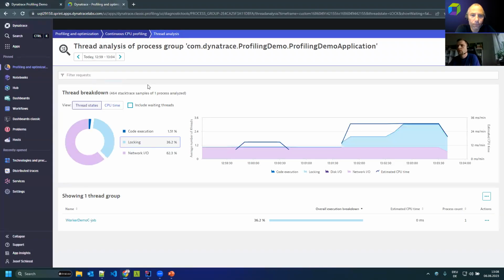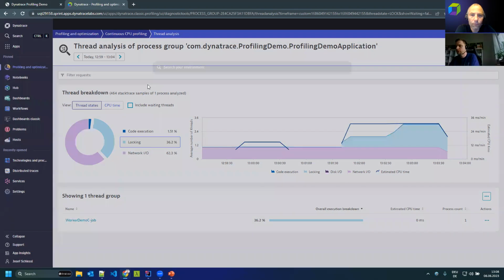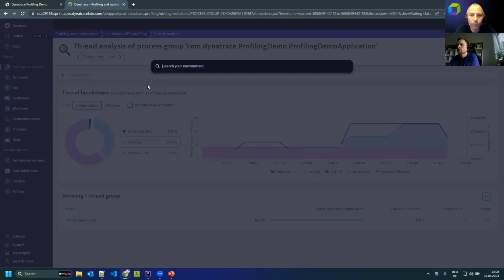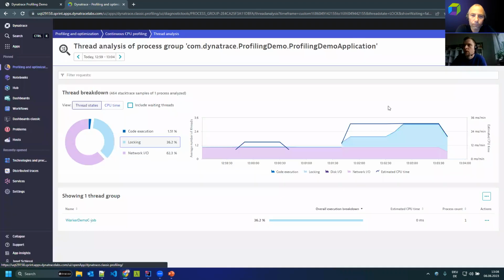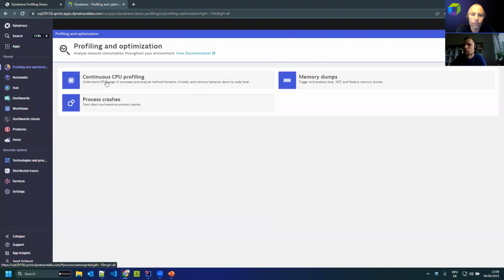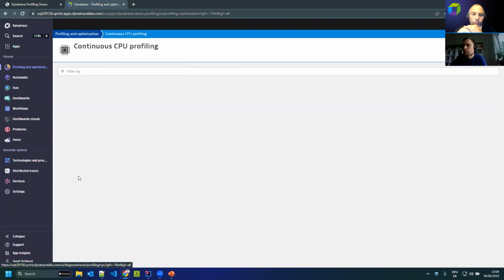Yeah, so as you know, we released a new app shell, so things are easy to look into there. Just searching for the profiling and optimization app, or as you may be used to, it's also on the sidebar. You can see the profiling and optimization app. You basically get to this page, but your main entry point currently is the CPU profiler, where